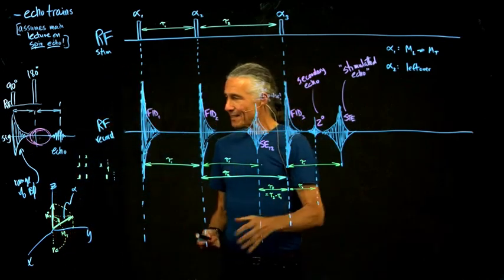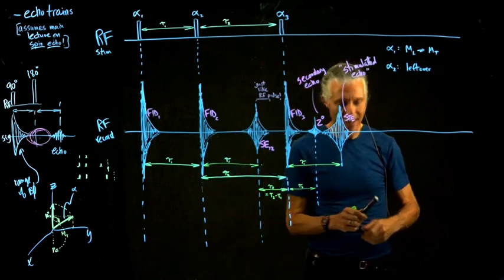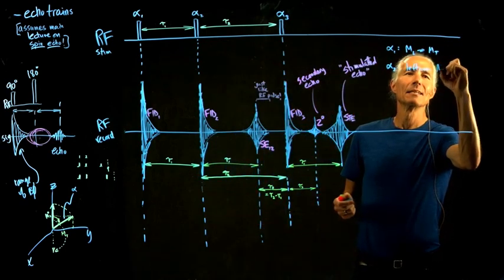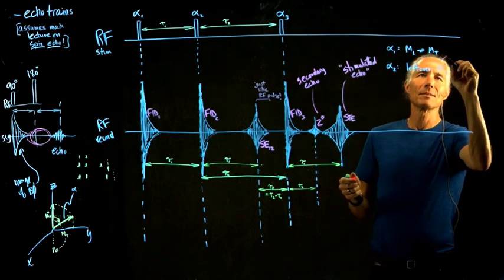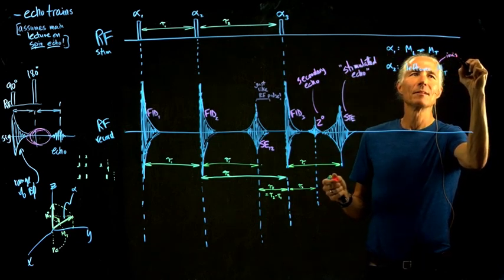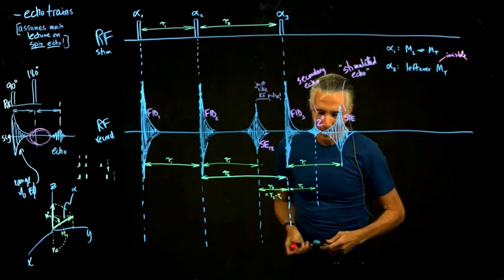So that transverse magnetization, that leftover transverse, so it's leftover MT, that's invisible. Leftover MT, invisible, is